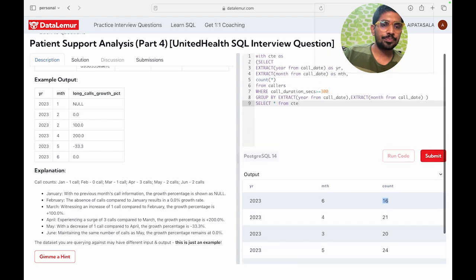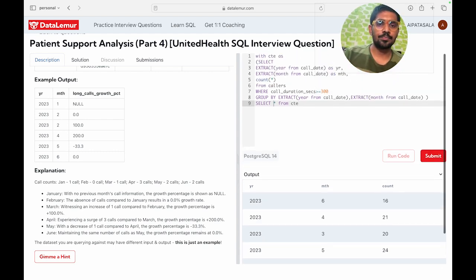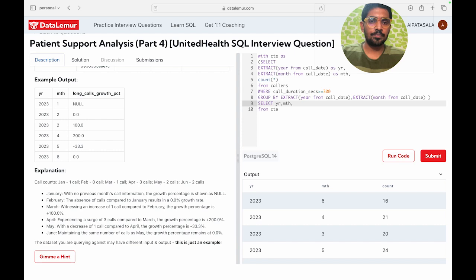So we also need lag actually of the previous month so that we can just calculate and then get that. So what we need here is year, month, comma, count as current calls,